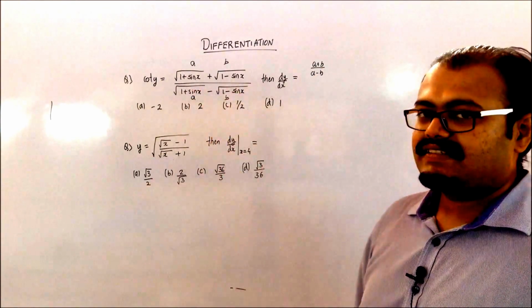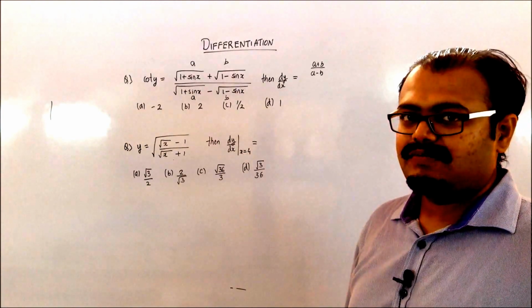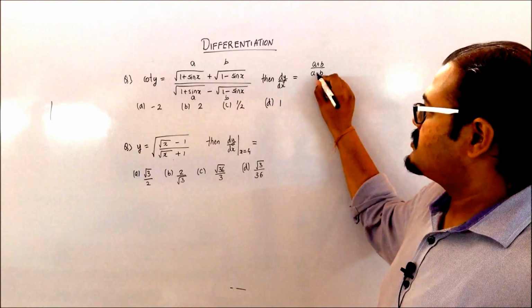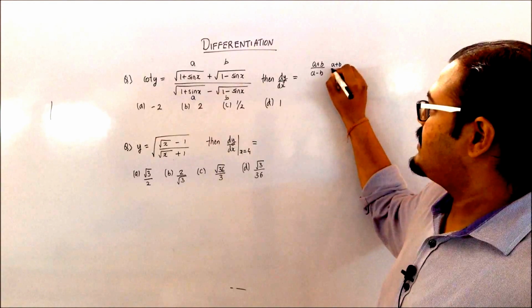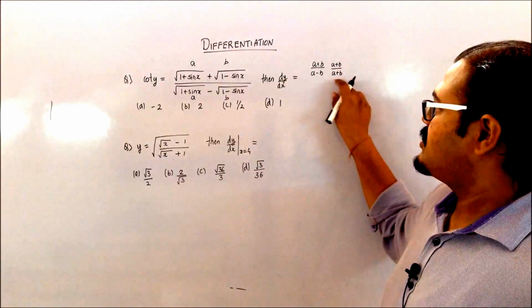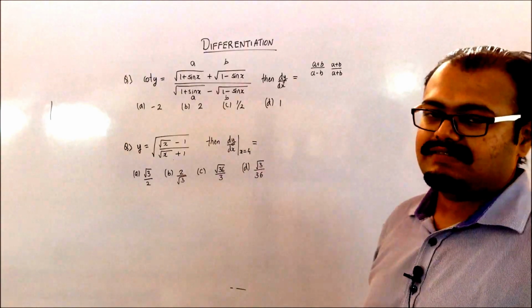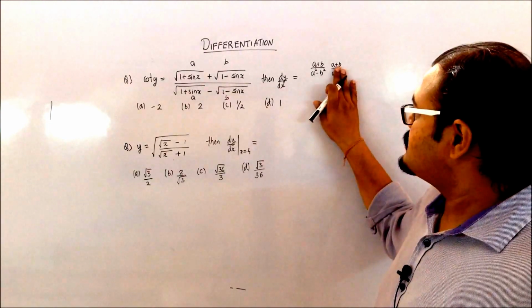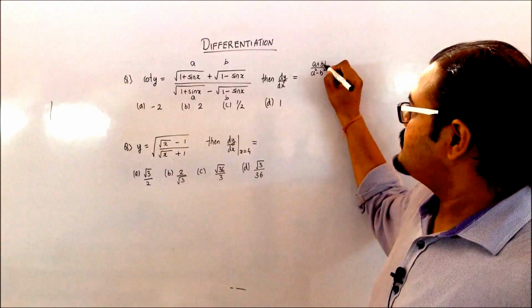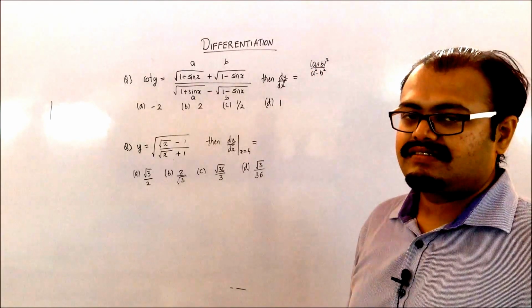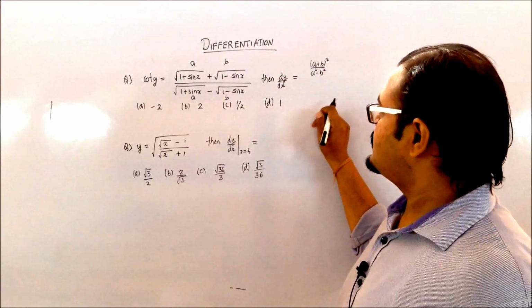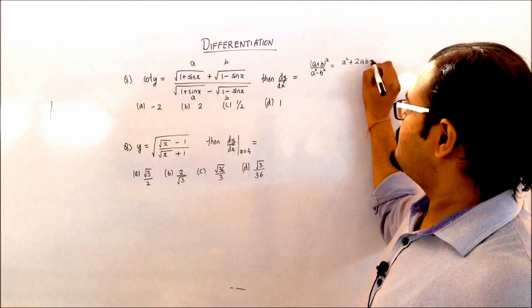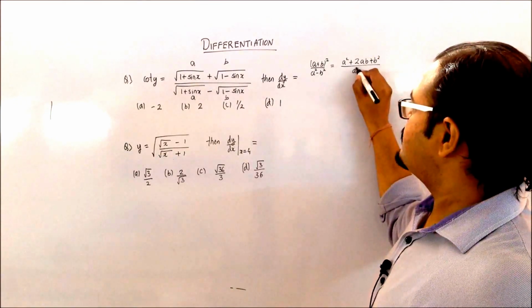Since they are roots, you can rationalize the denominator. Rationalizing the denominator can be done by multiplying and dividing with the opposite sign in this. So we'll multiply and divide with A plus B. So you are having A minus B into A plus B, which is A square minus B square. So you will have A square minus B square in the denominator, and in the numerator you will have (A plus B) the whole square. Now if we substitute those things, this expansion I can further write as A square plus 2AB plus B square upon A square minus B square.